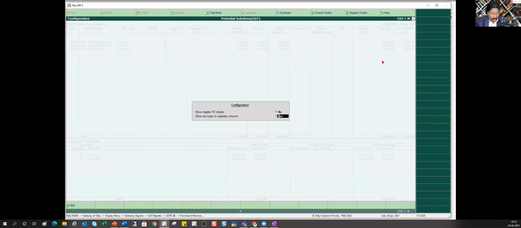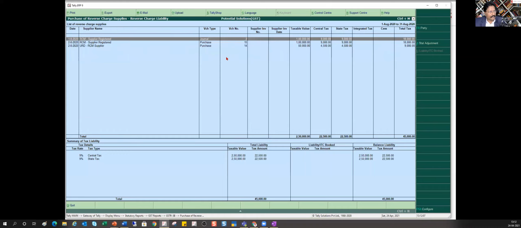This is too long, so I'm just going to leave this as it is, right? So now it says this is your total liability of 45,000, right? And you now basically have to pass this entry. Okay, so this is the liability, you have not booked it. So how are you going to book it? Again, you will see this is where one slight extra work that you are supposed to do.